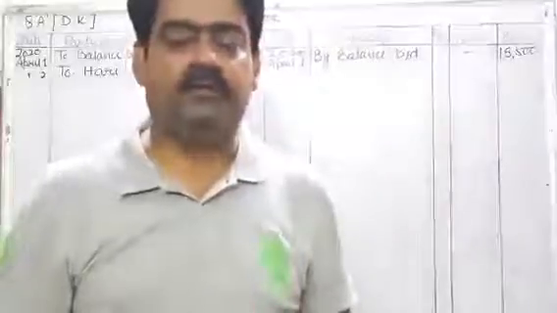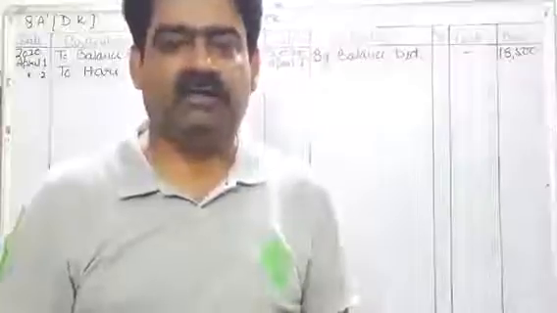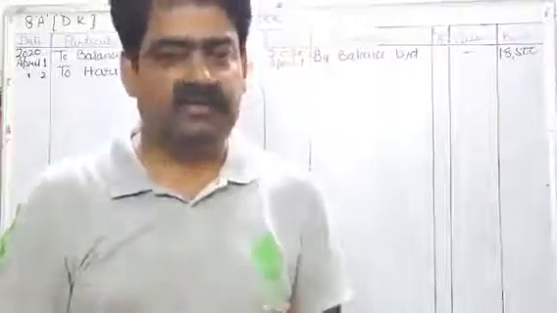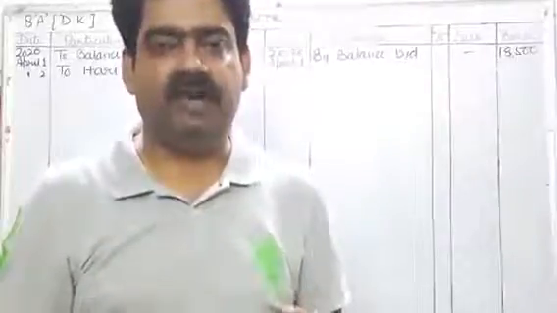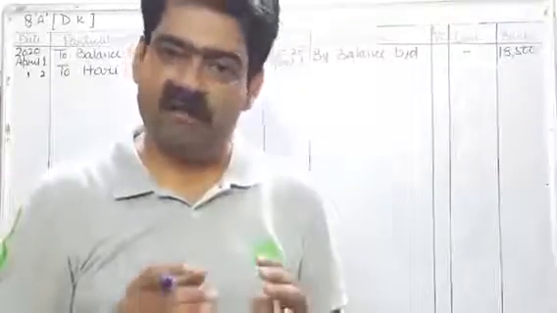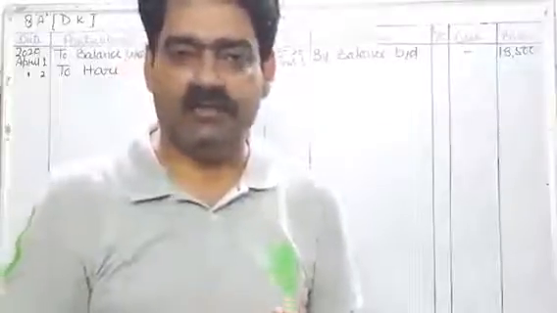So you can see, students, this time we are simply receiving this check from Vinod. So our journal entry will be check in hand account debit to Vinod. So in this case there will be no treatment in cash book because simply we are receiving check from Vinod and we are not depositing this check into our bank account. So our journal entry will be check in hand account debit to Vinod.